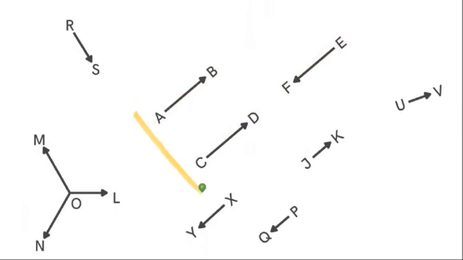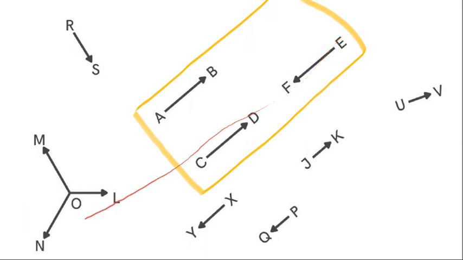Similarly, now consider these three vectors. Again look at AB. This AB is moving in this straight direction. If I extend this vector, it will look like this. Similarly, if I extend this vector EF, then you'll see that this is also a line. And are these two lines intersecting at any point? The answer is no. If two lines do not intersect each other, then those two lines are known as parallel lines. Similarly, if two vectors do not coincide or intersect each other, then such vectors are also known as parallel vectors.